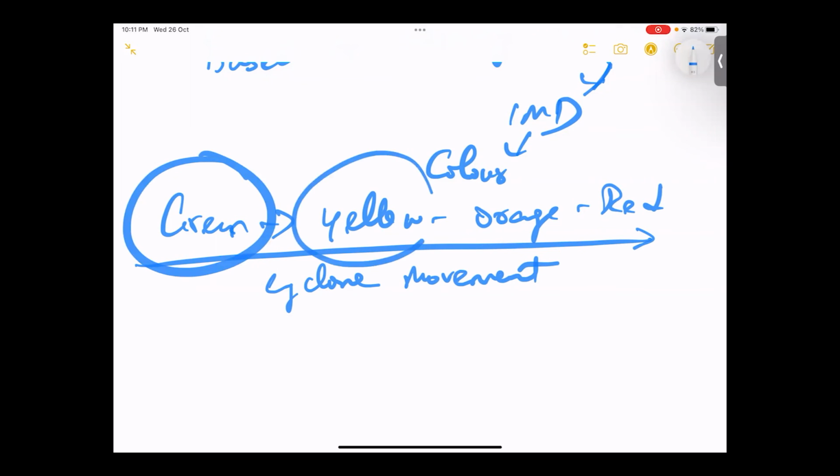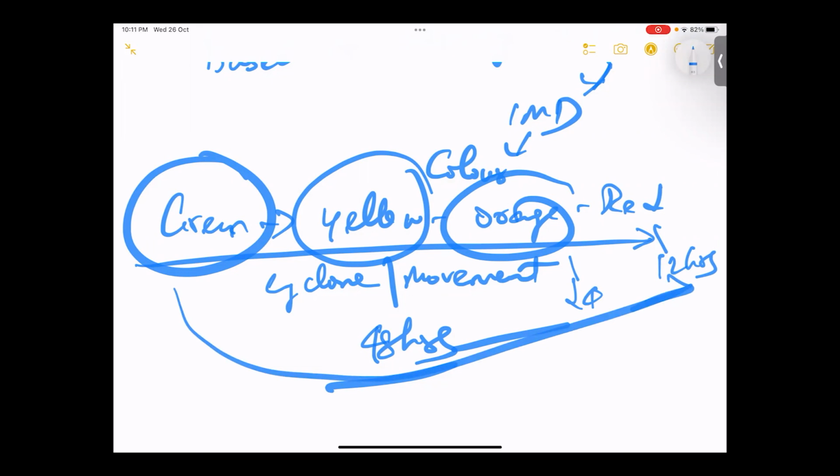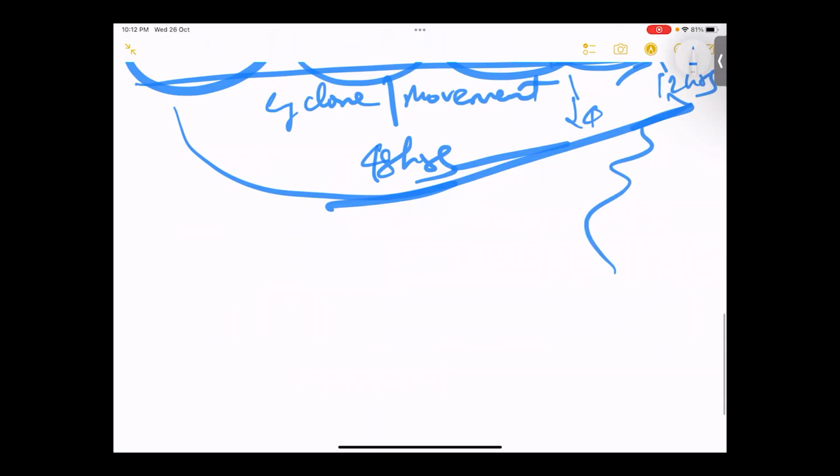For example, yellow means they will give sufficient time, at least some 48 hours before, to say please be aware. And then orange will come between 48 to 24 hours. And finally red comes in 12 hours. So again, this is based on the cyclone movement. Some areas may be green and stay green only. Some areas may come up to orange and stay at orange. Some areas may transform from orange to red. All these are based on the movement of the cyclone.